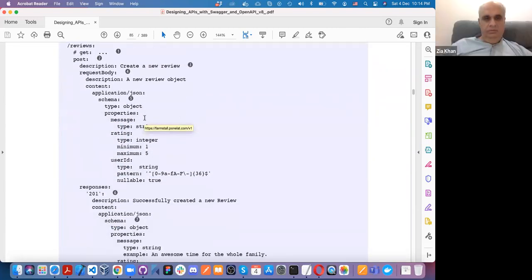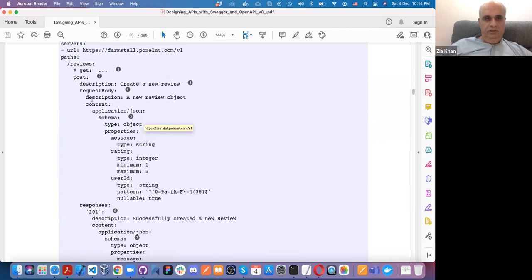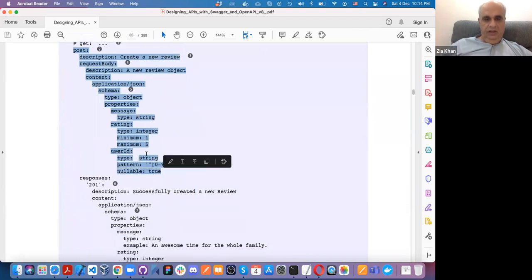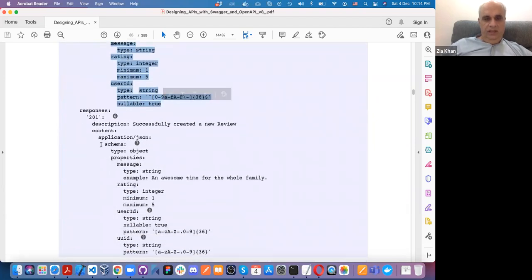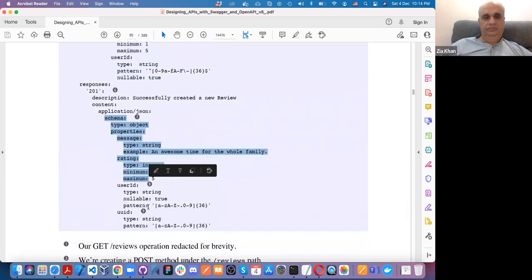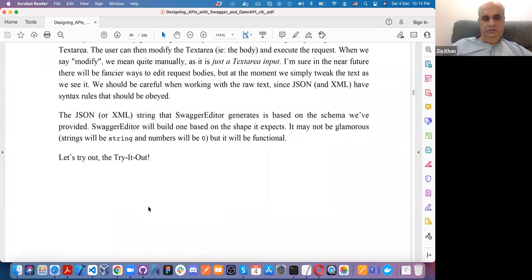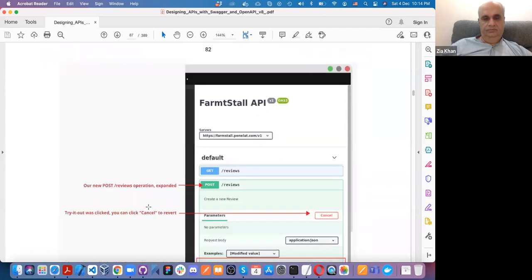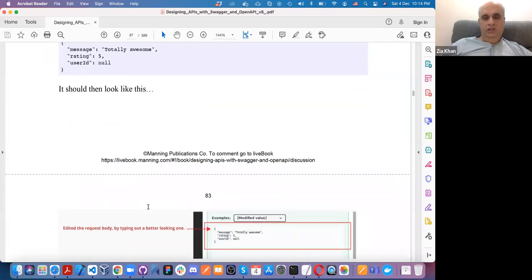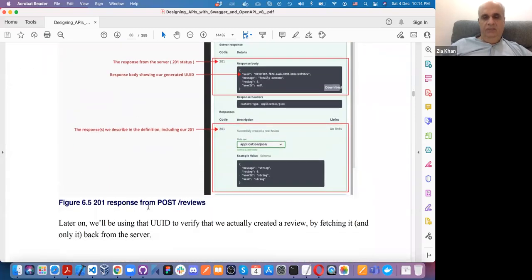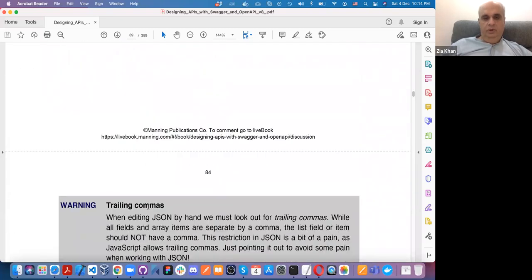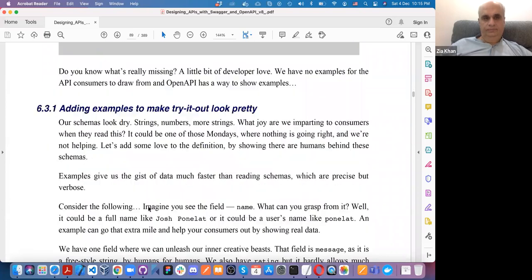So it shows us the request body with the schema and the response body with the schema. It's perfect. Then you can use a Swagger editor to make these requests, get responses, practice, and so on.